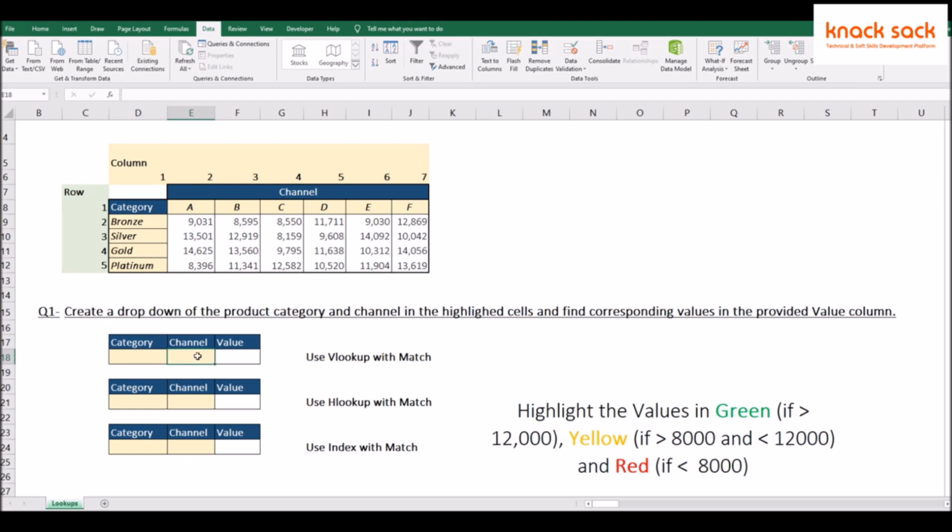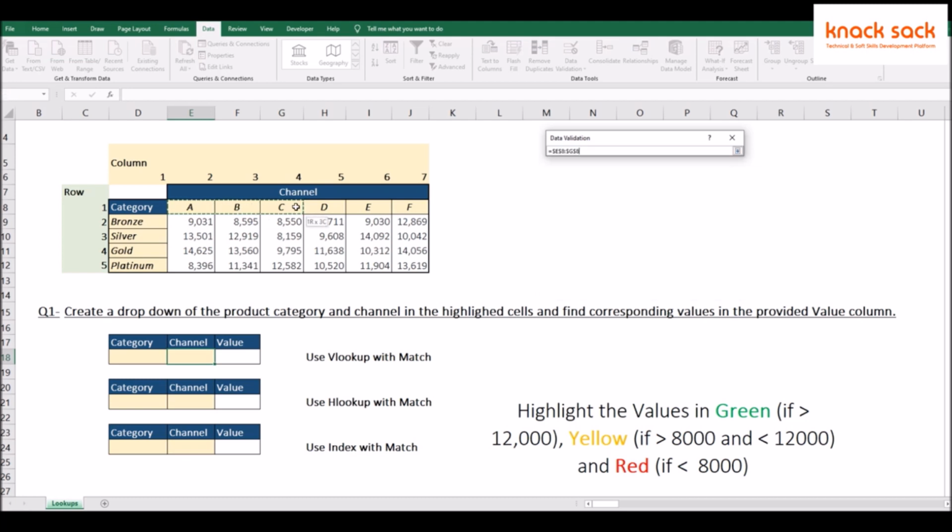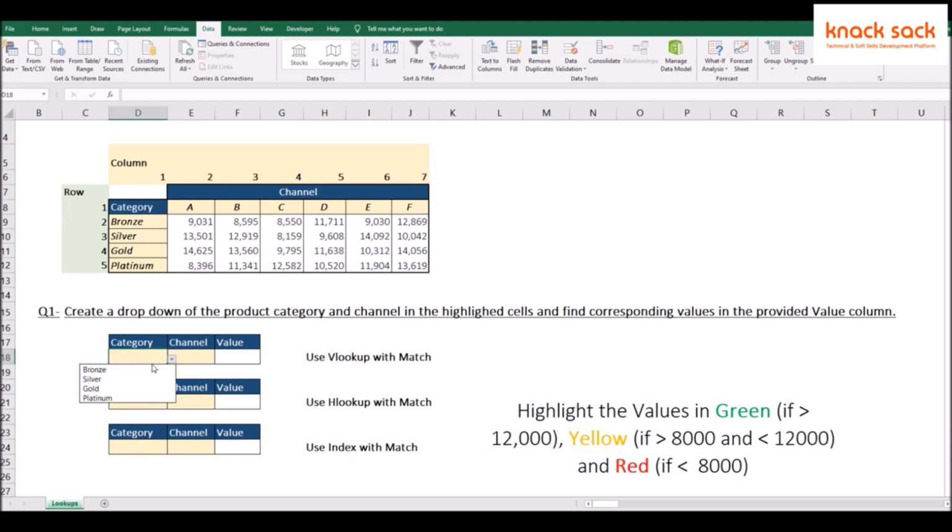Again go to channel, select data validation, go to list, and for source select from A to F. So we have drop down ready for category and channel. Simply copy and paste this here. So we have drop down ready for all these three tables.